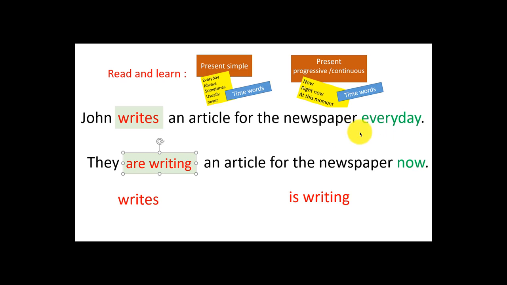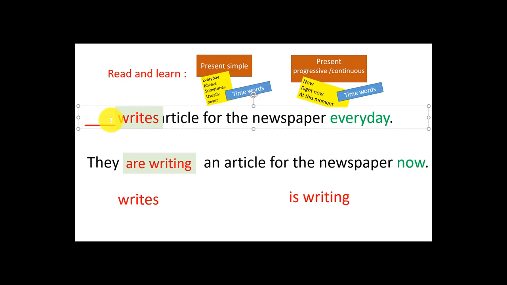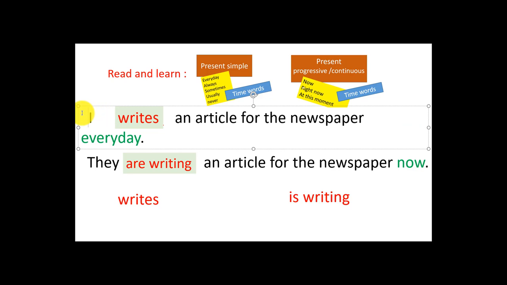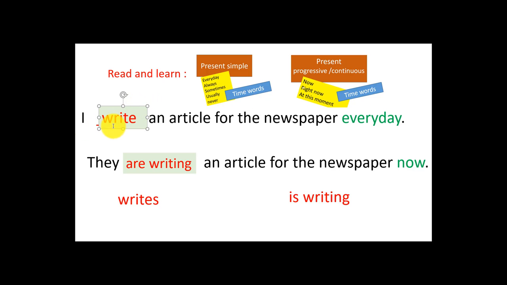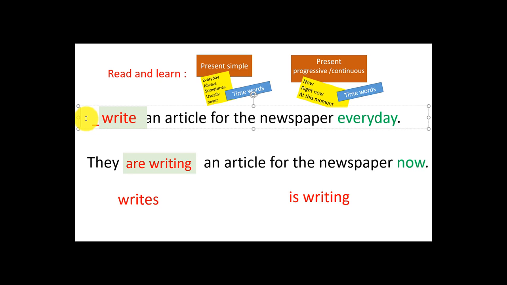If we want to change John, we'll say, for example, I. Instead of John, I will say I. Do I say I write an article for the newspaper every day? No. With I, we don't put S. We say I write an article for the newspaper every day. Yes, with I, with we,